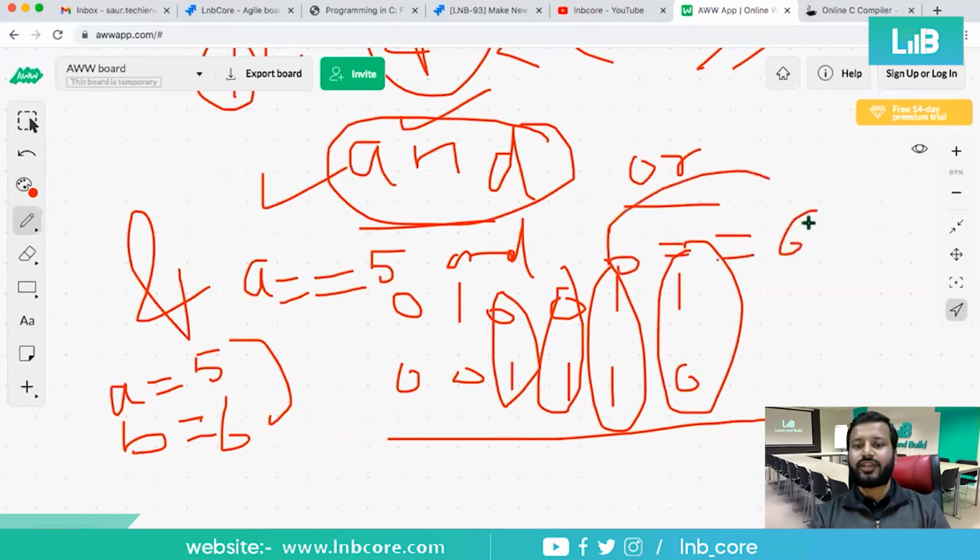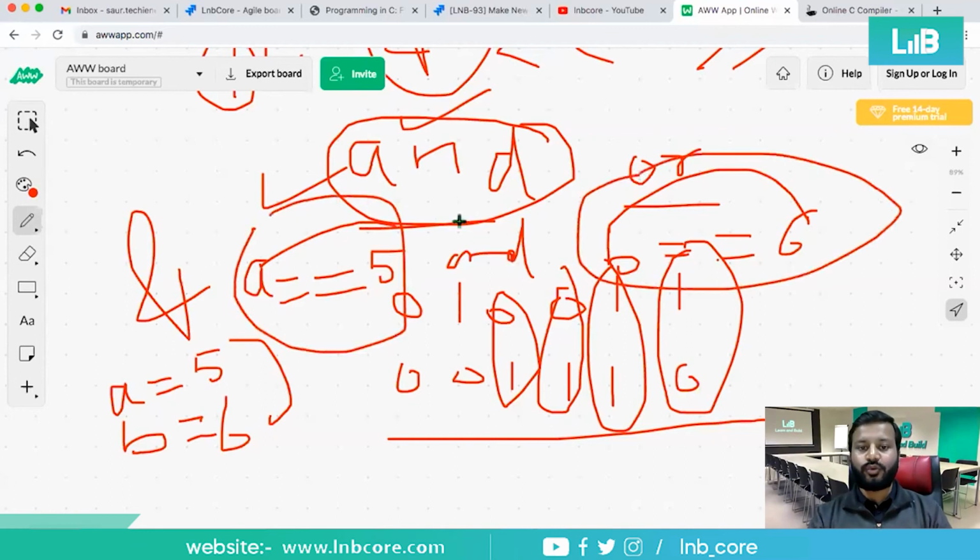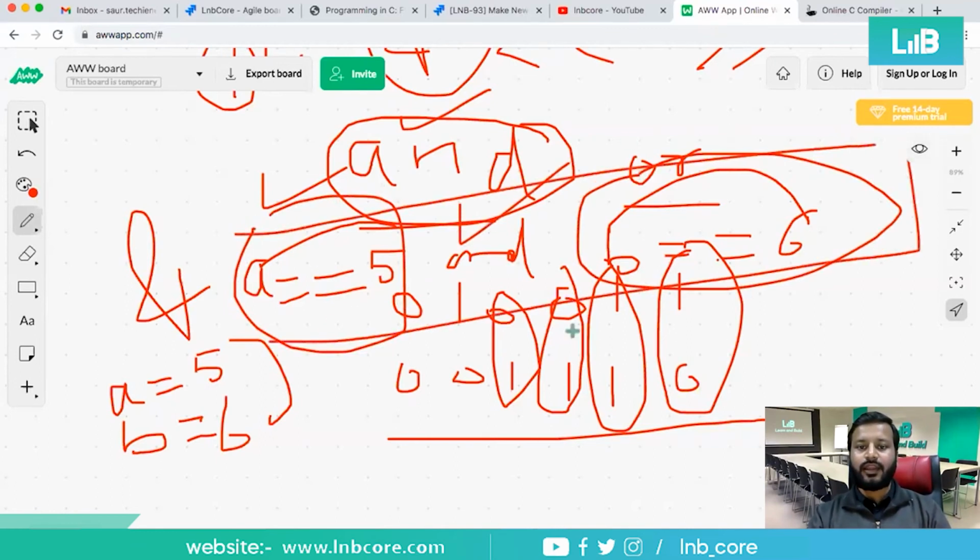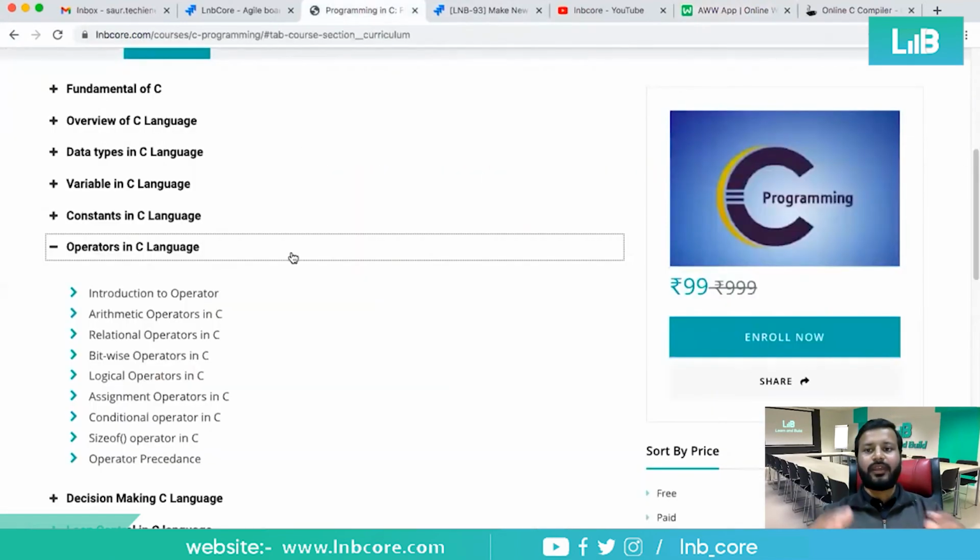So you want to check both of them. If both the conditions, this condition and this condition, are true, then only it should work. So this is logical and this is bitwise. Understood? Is that clear? Bitwise operation will be happening bit by bit. Every single bit will be operated on with each other, right? Is that clear? Any question, anyone?